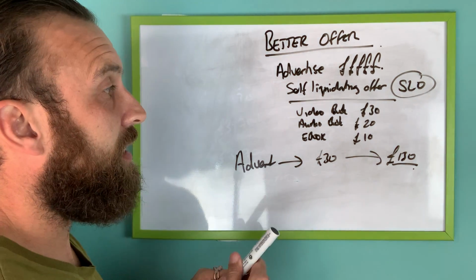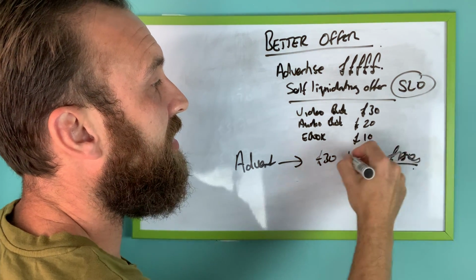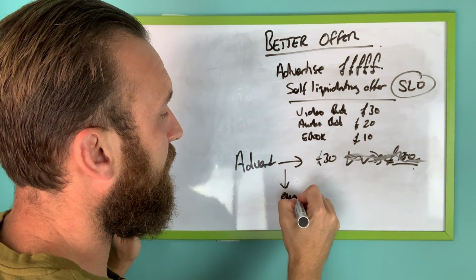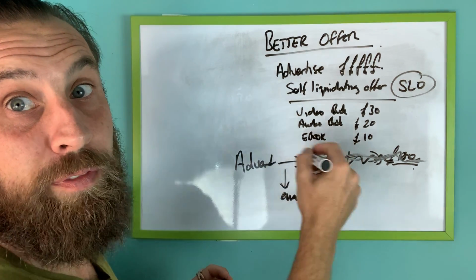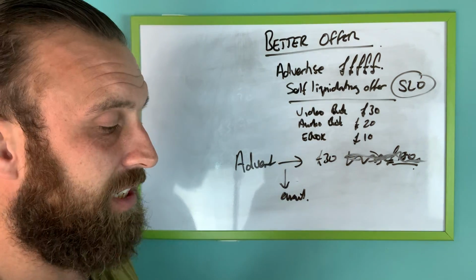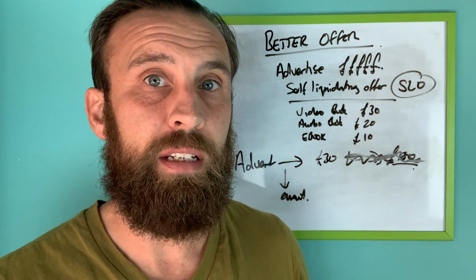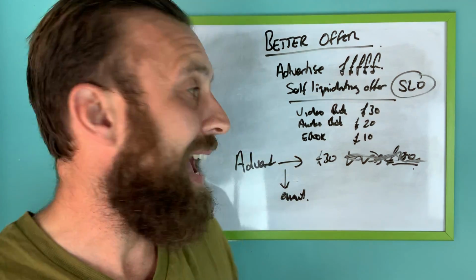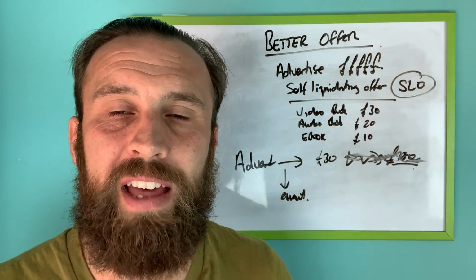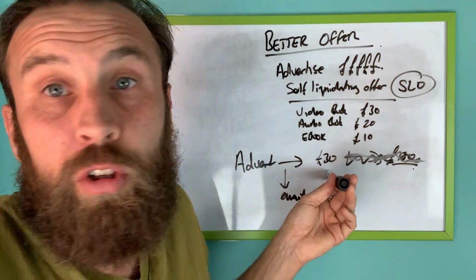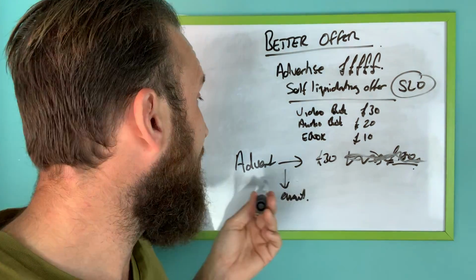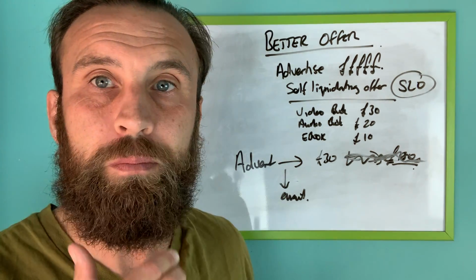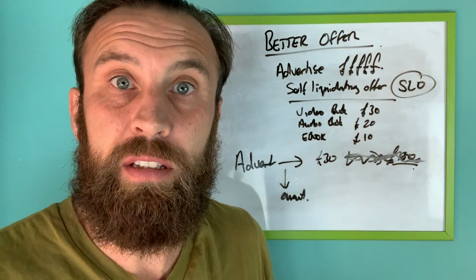Now, the great thing about this, even if they don't buy, let's say they decide they don't want to buy, what you do with the advert is you get their email address. Once they've bought, or before they buy the product, you get their email address. Now, let's say, for example, that advertising to get a client to buy this self-liquidating offer, how much can you spend to acquire that client? You can spend up to £30 on advertising to acquire one client, to get their email address. Yeah, makes sense, doesn't it?